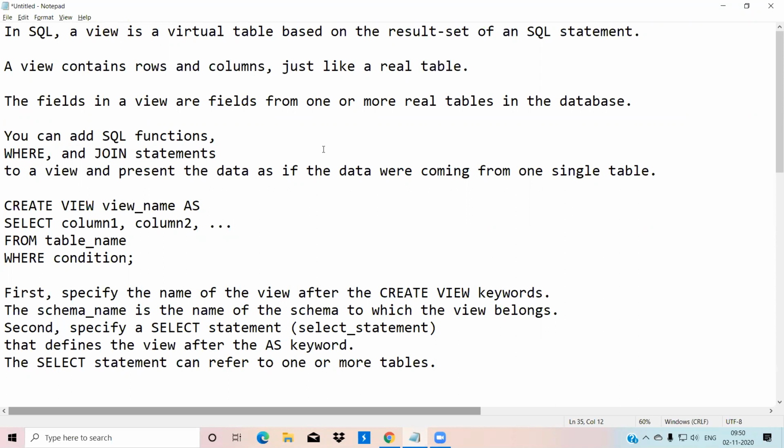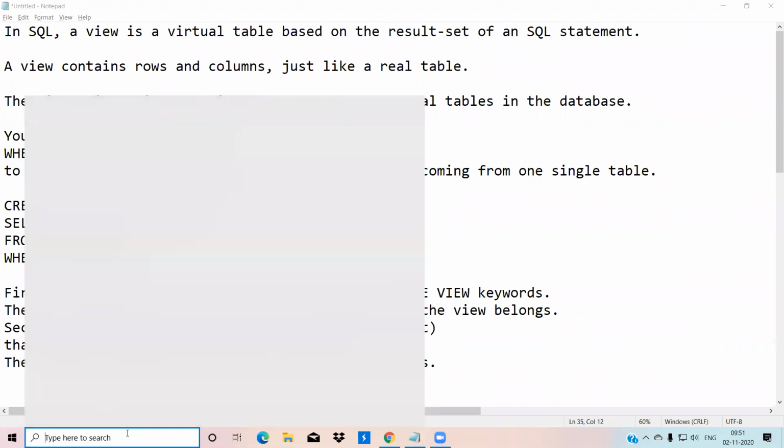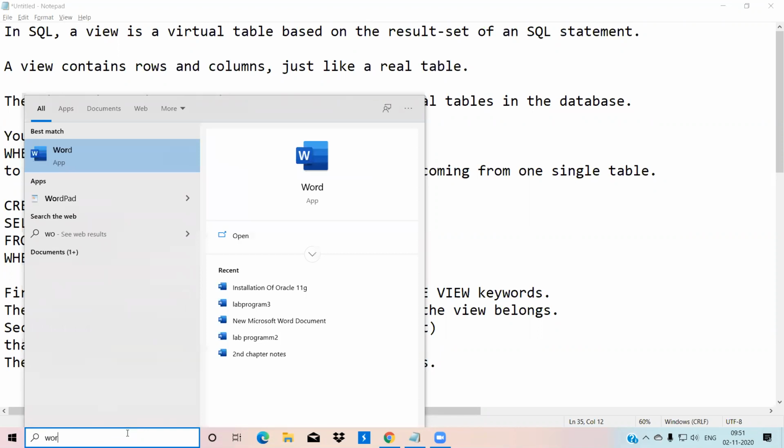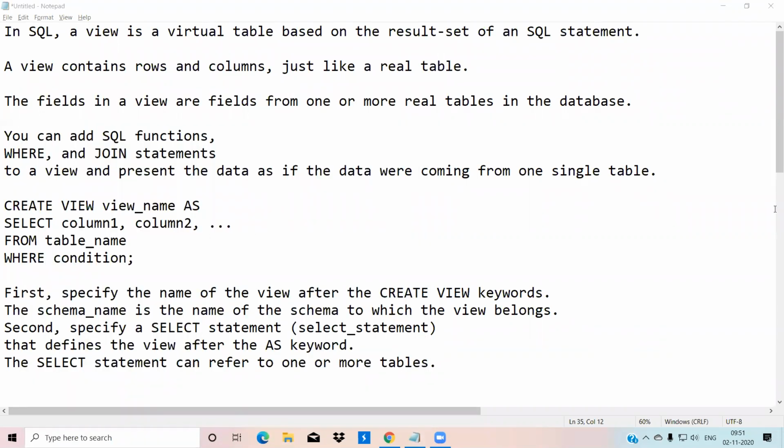Okay, so the fields in a view are fields from one or more real tables in a database. What are the fields in the view? Like, say for example, wait a second.